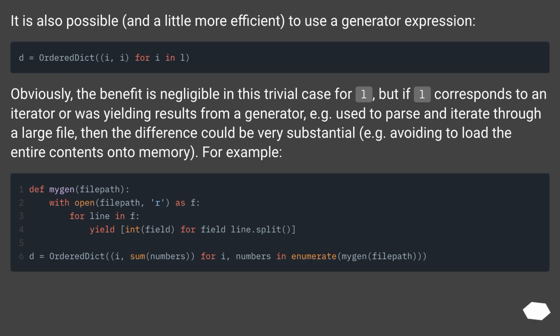It is also possible, and a little more efficient, to use a generator expression. Obviously, the benefit is negligible in this trivial case for L, but if L corresponds to an iterator or was yielding results from a generator, for example used to parse and iterate through a large file, then the difference could be very substantial, for example avoiding loading the entire contents into memory. For example,